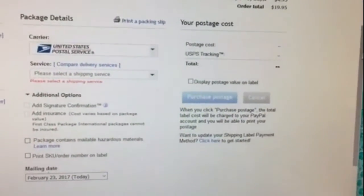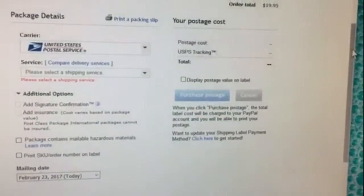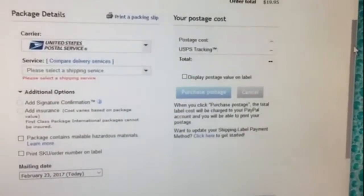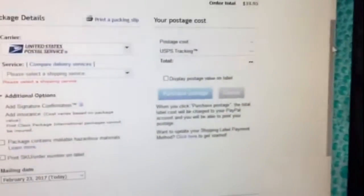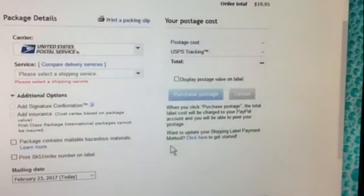Okay, so the page is opened up. I've got my camera tilted a little to the right to avoid the customer address again. So that's why it might look a little different, because see, there's more over there. All right, so